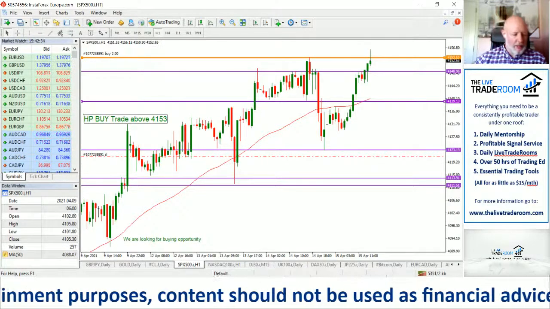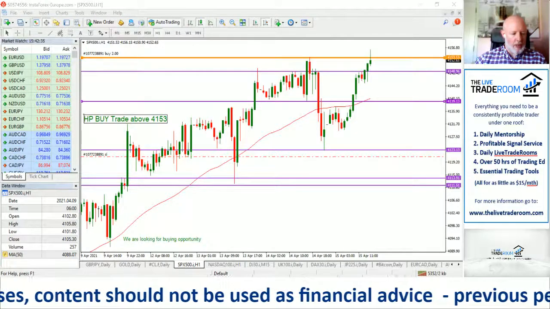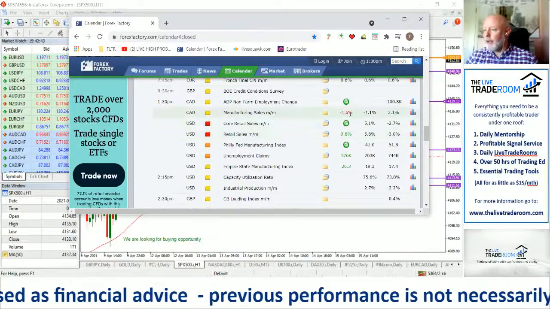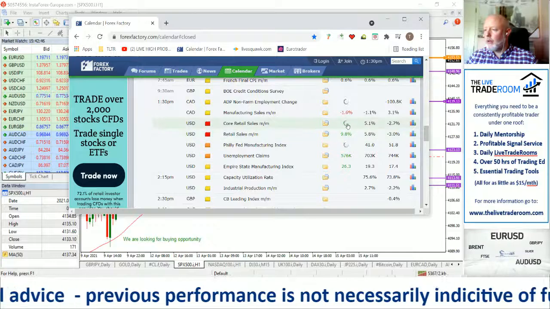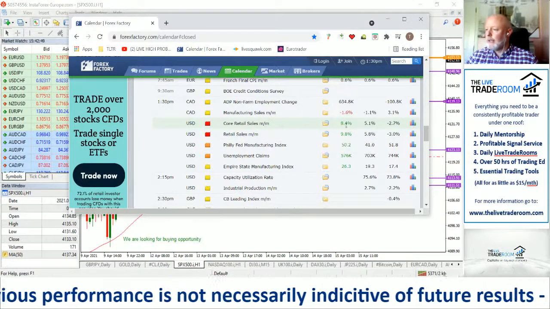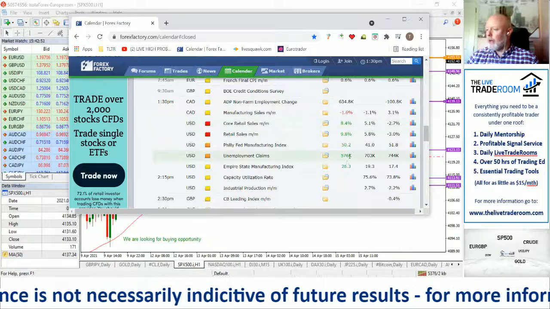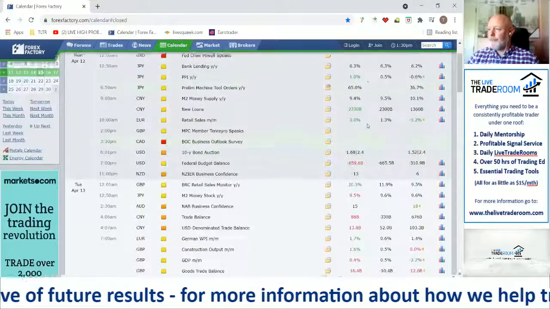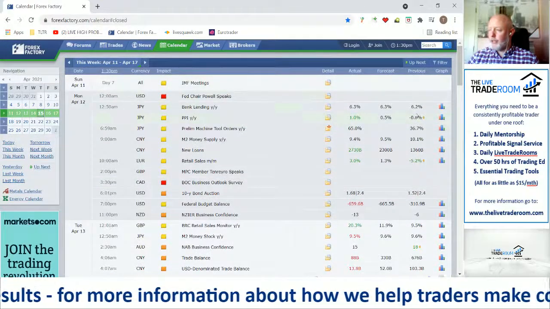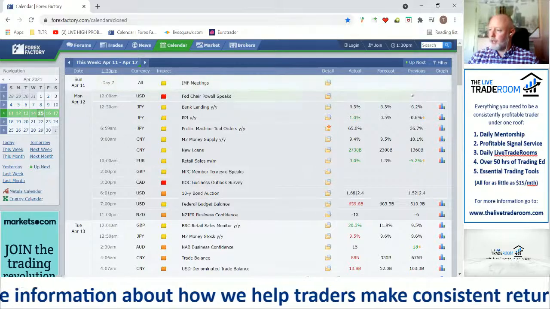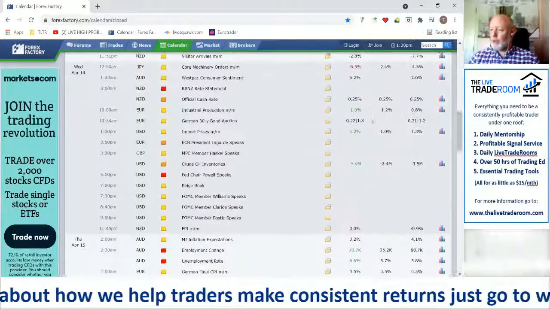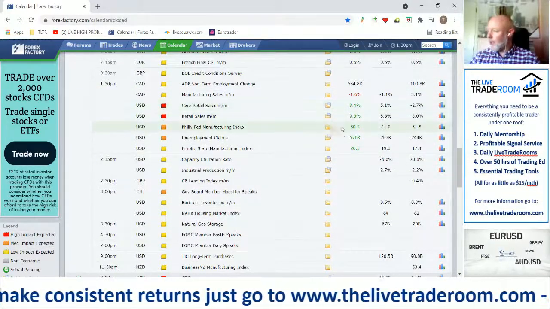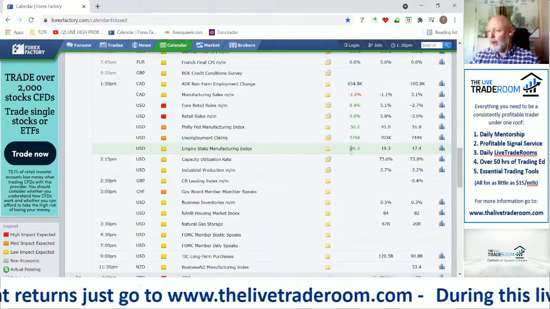So really positive retail sales figures. I'll just share that information with you again. We should have the core retail sales figures in as well. Yeah, sizable uptick. So really you're looking for deviation. So when you look at the news events, you have the forecast in the middle. You've got the previous monthly figures, and then you have the forecast, and it's the forecast that the markets pretty much price in to the current price. And then when you get a strong deviation like that, you might experience a small pullback like we're currently experiencing,